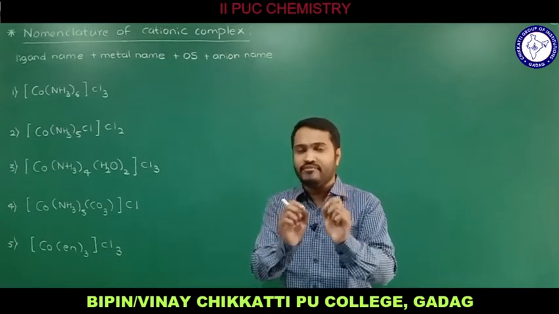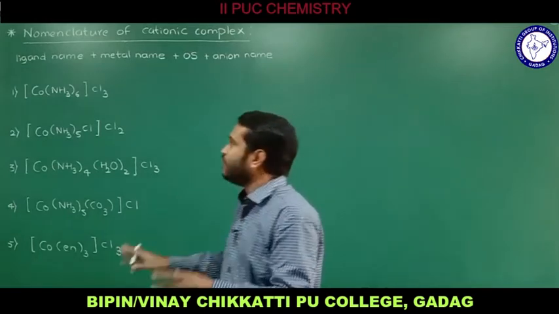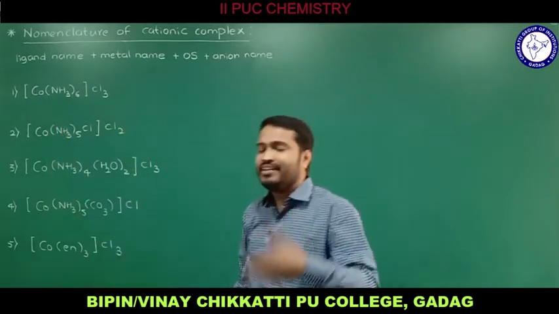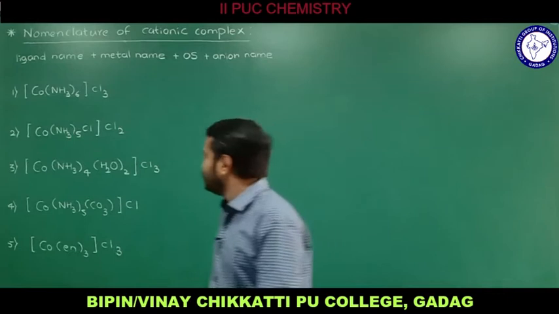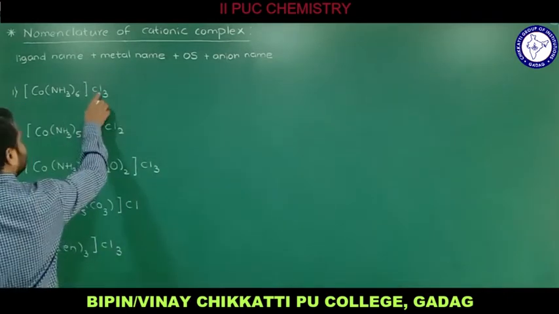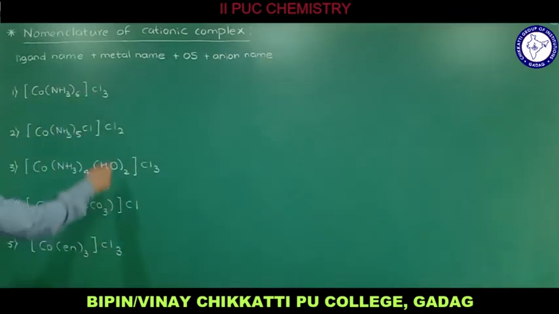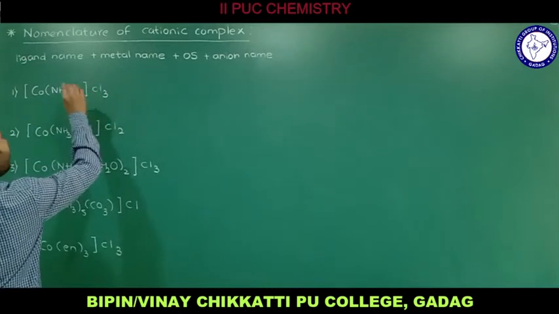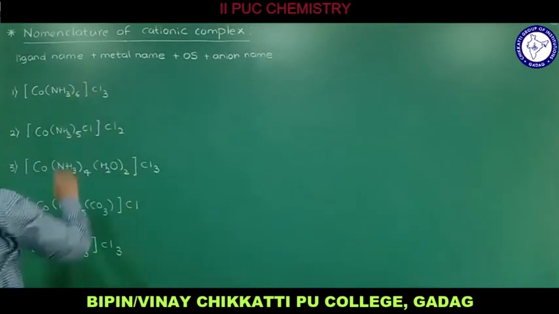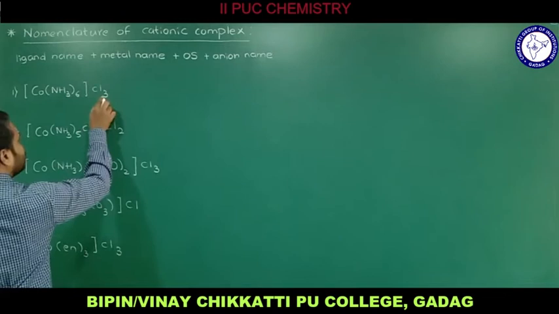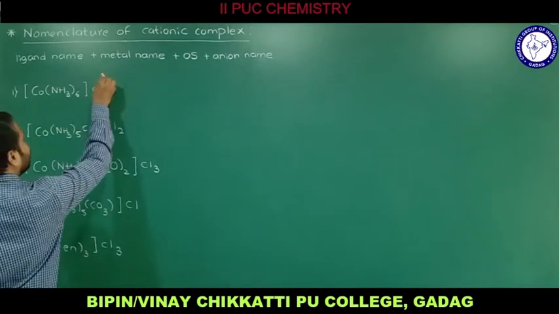In the complex we have a central metal atom and ligand. In simple terms, I can say the bracket term you write is actually the complex. Now just observe here. We have Cl, this chloride ion, which is negatively charged. Cl minus, and totally 3 we have, so the charge of this will be 3